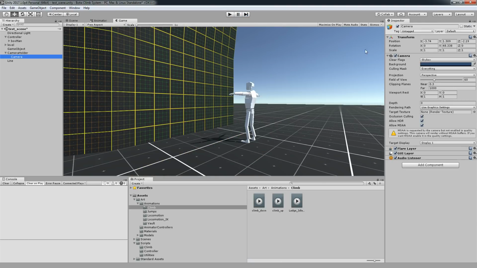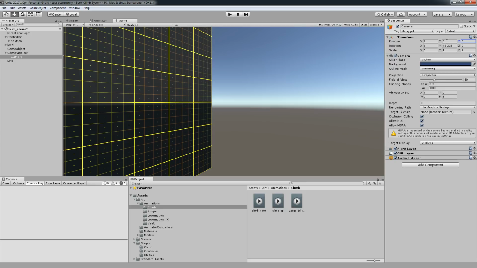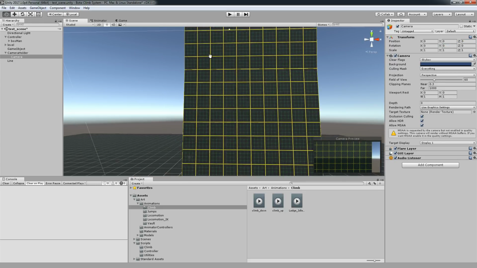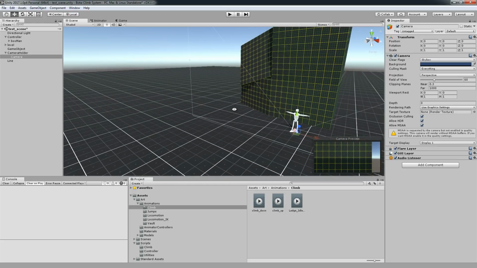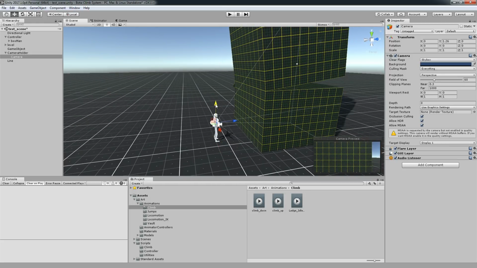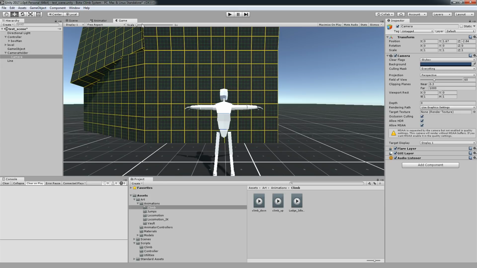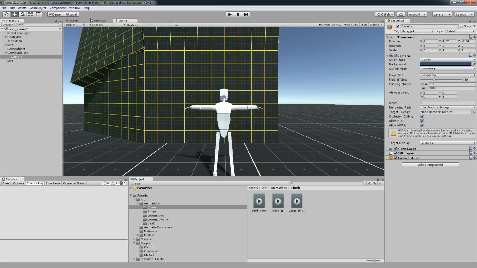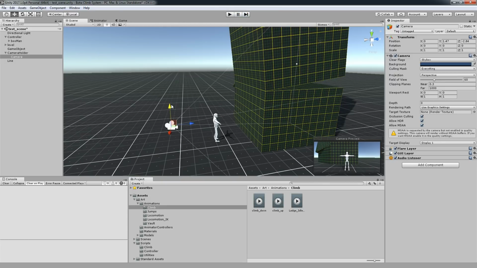Let's bring the camera behind him. Maybe a little bit down.